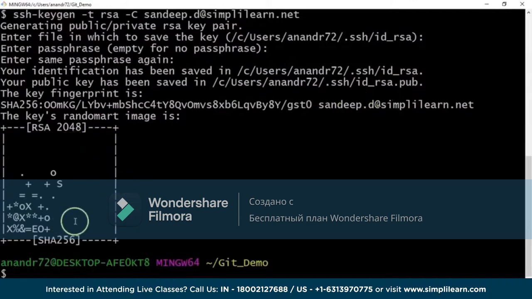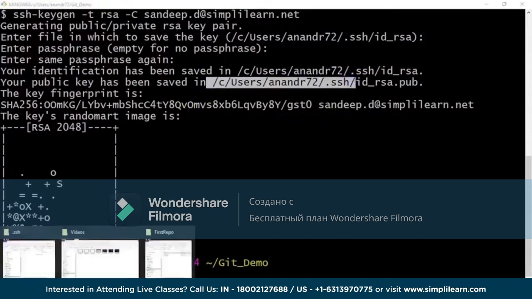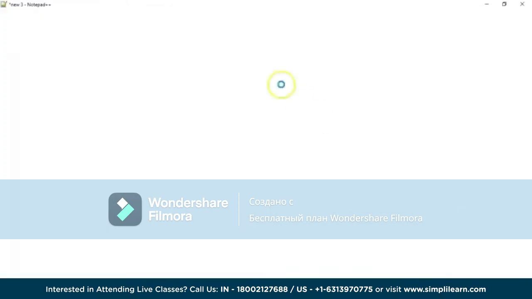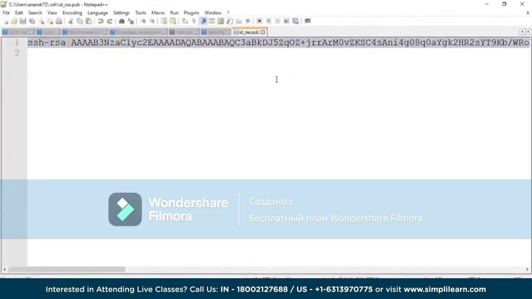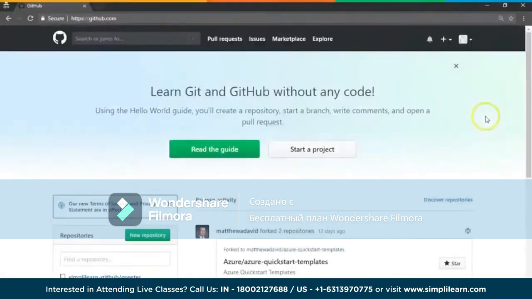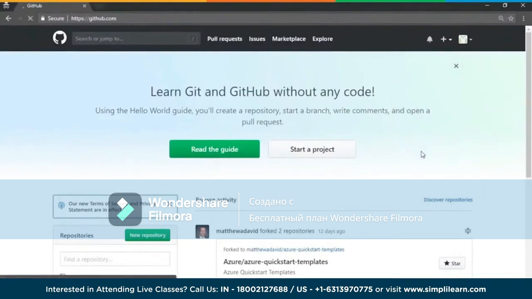So the key is generated and by default it is created in this particular folder. So let me go over to that particular folder. And this is the folder where the keys are generated. You would see a public key and a private key that is created. Let me open up the public key with a notepad and then copy the contents of the whole file. And now I would need to stick it in on the server so that I can get myself authenticated using SSH keys. So I've logged in to GitHub using my credentials